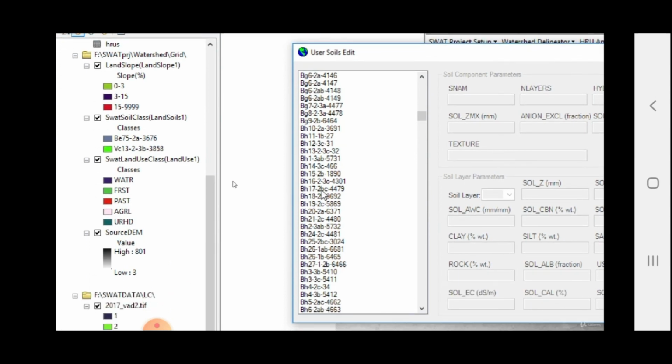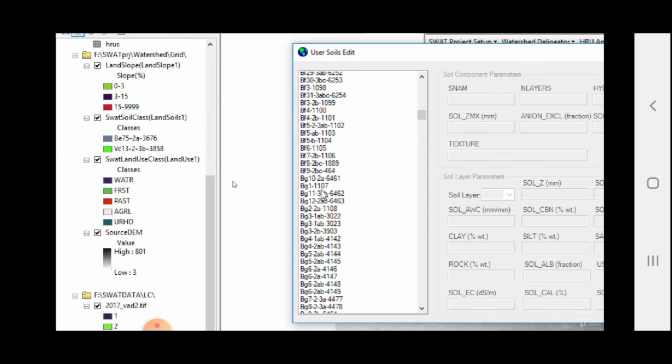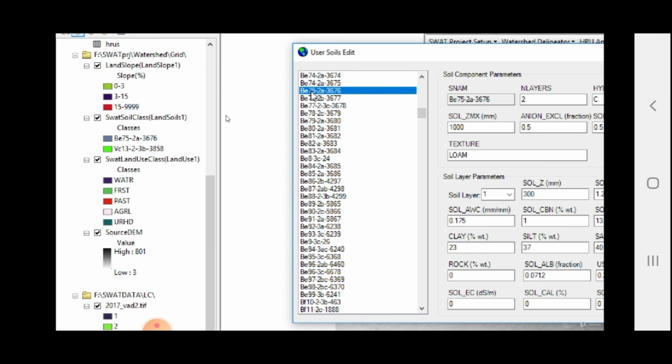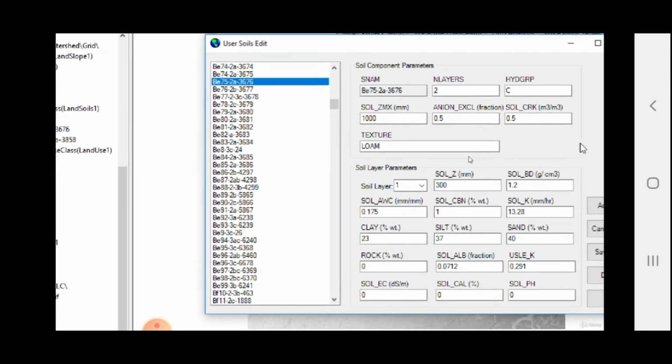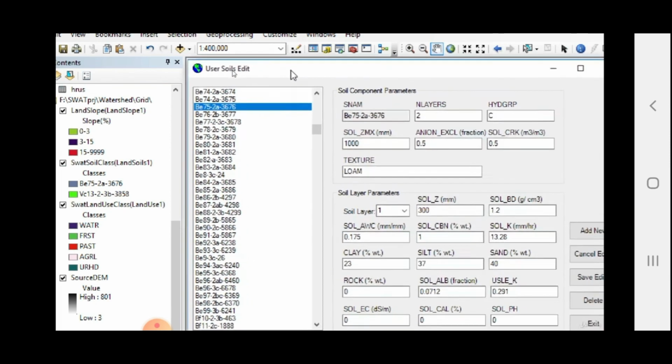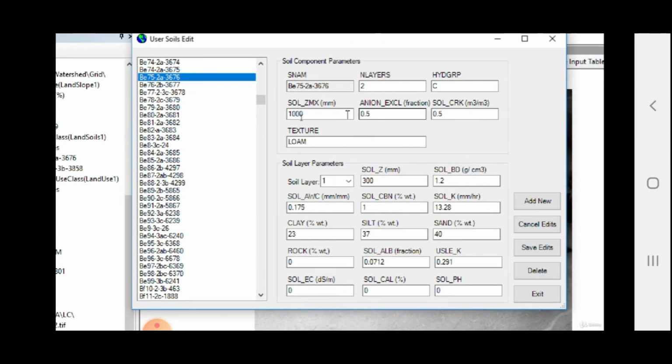This is BE75283676. Click on your soil, and in this window you will see it is Z maximum.